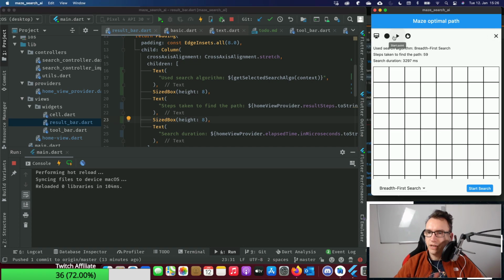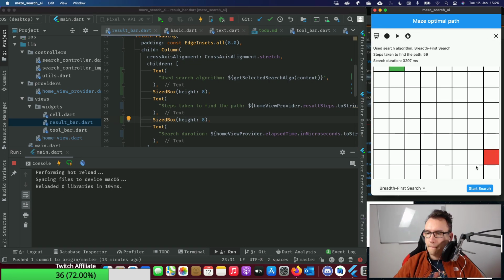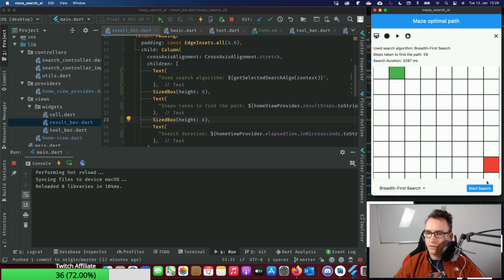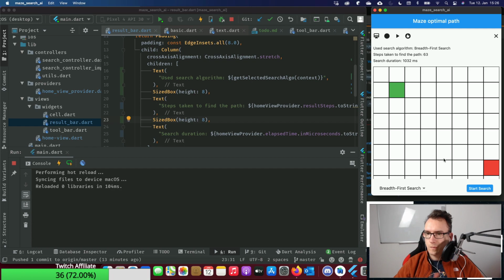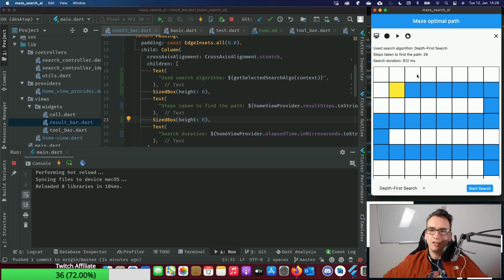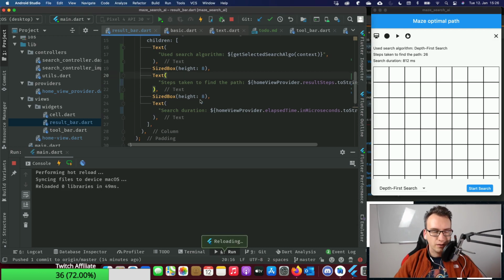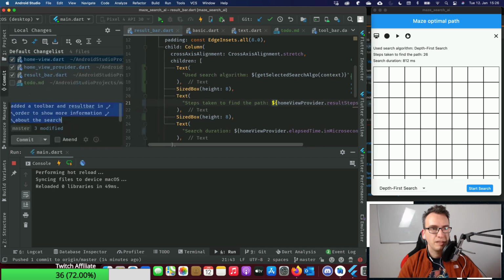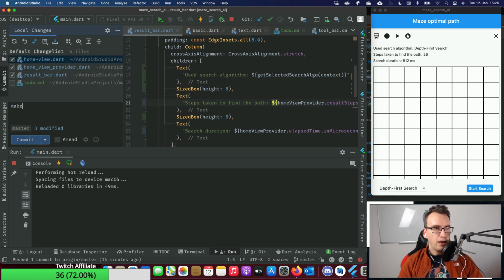So wait, let's create the same maze for both of them. So let's create breadth first search. We need 1 second. And what happens if I create the same thing without anything for DFS? No, it's even fast. Jeez, that stuff is so fast. Okay. Fantastic. Yeah, I mean, that's the goal, right? So then let's go. We implemented a timing, so we make time usage visible to the users.